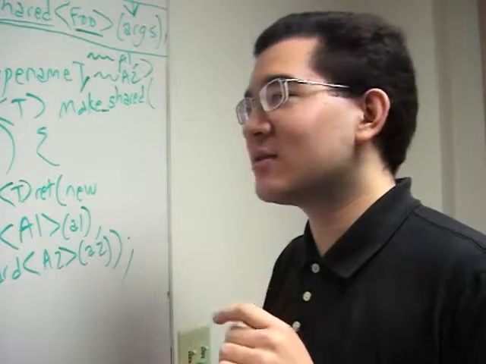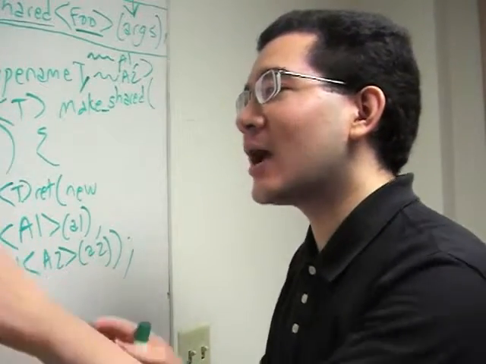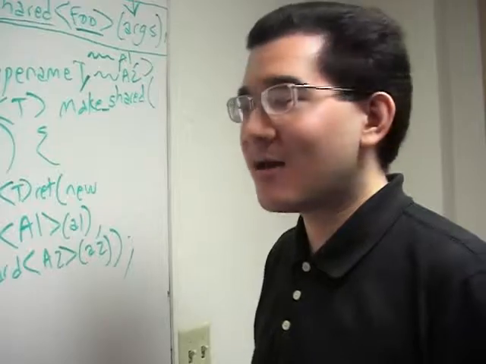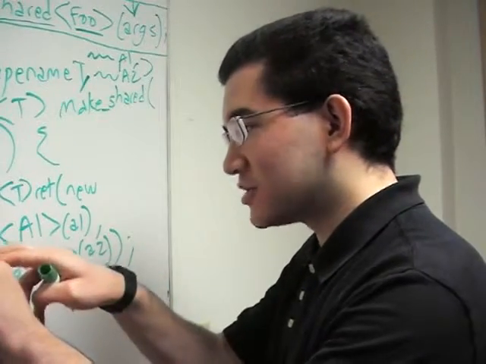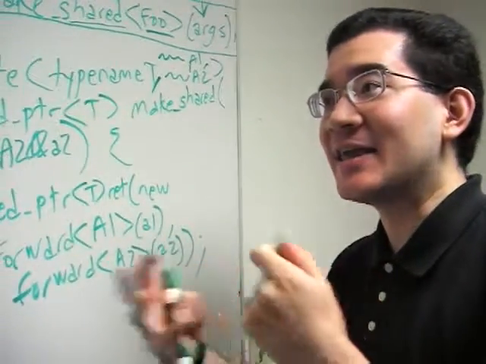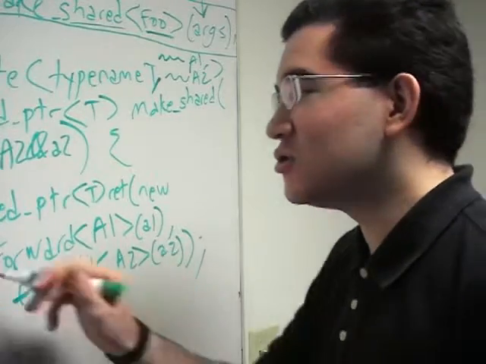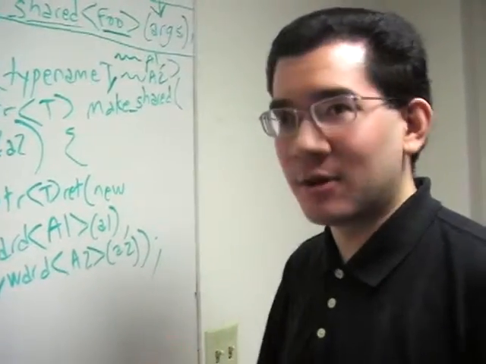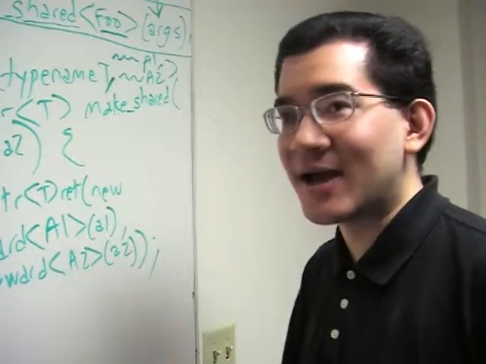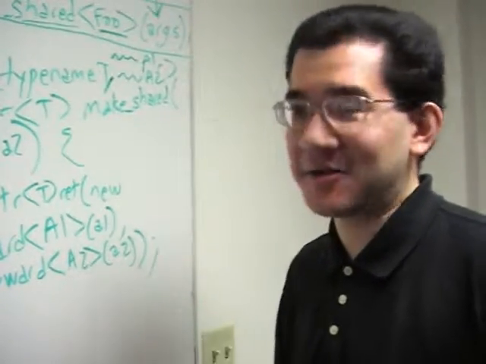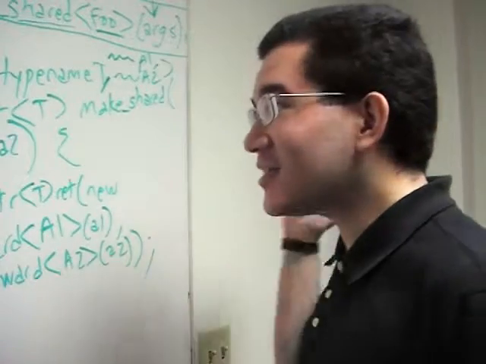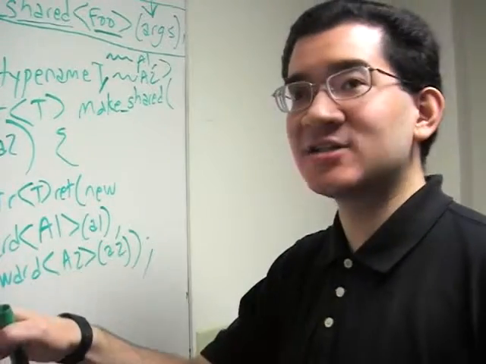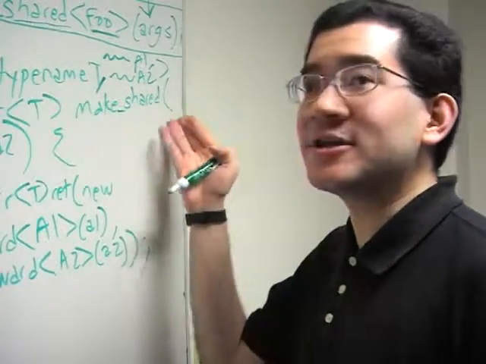But at a high level, you can think of this declaration as saying, I take anything. And then when you say forward A1, it means I give whatever that thing is to T's constructor. Meaning it could be an int, it could be a double, it could be a reference to some class, it could be a pointer, anything. And this works. Anything that you could possibly give to T's constructor, you can give to make shared, and we'll